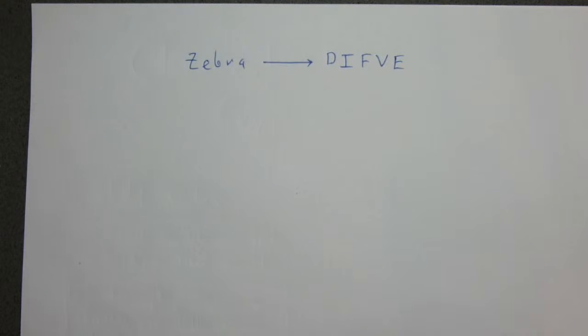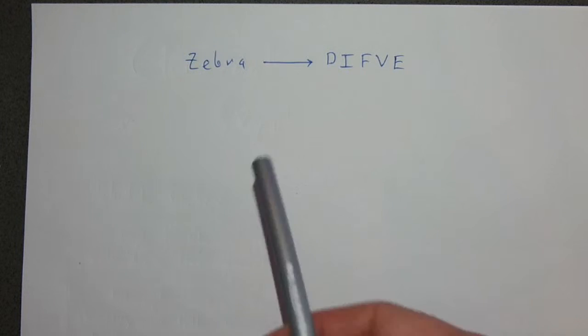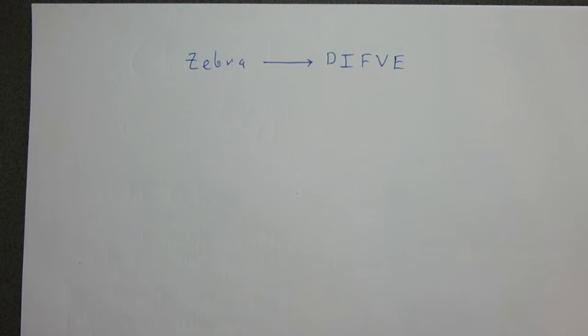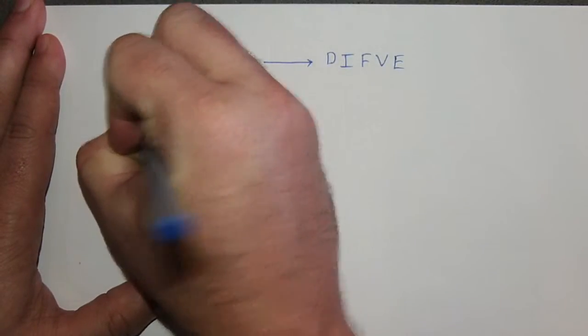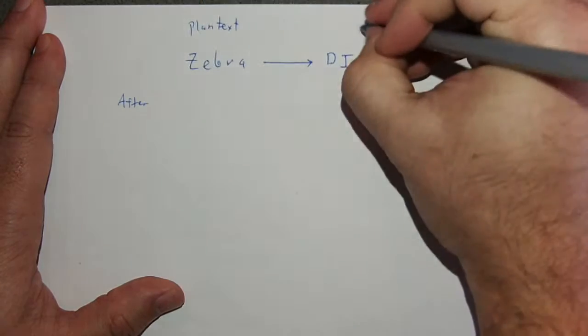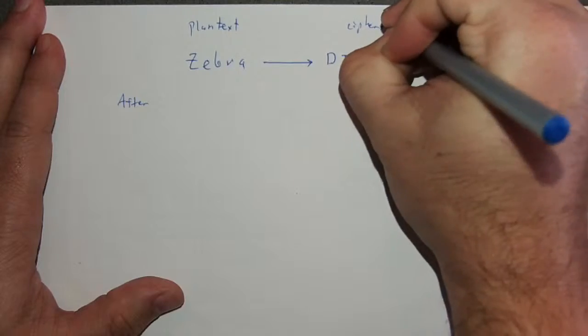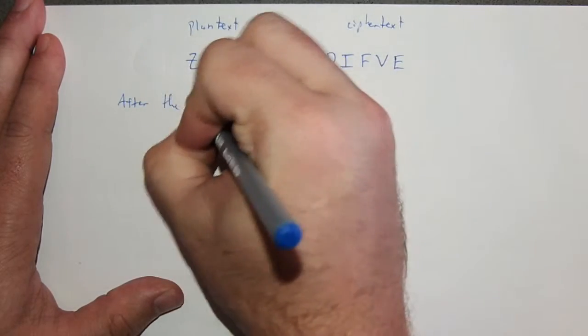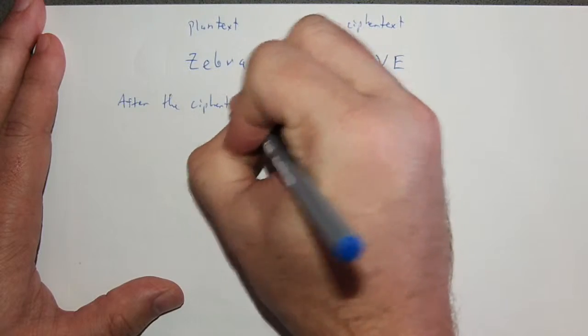Okay. Now, due to the nature of how this is encrypted, of course, it's going to send words having some length to some nonsense word having the same length. So it's not masking the length of the word for sure. So anyway, zebra gets sent to this nonsense word. So this is the plain text, and this is the ciphertext. So after the ciphertext is sent,